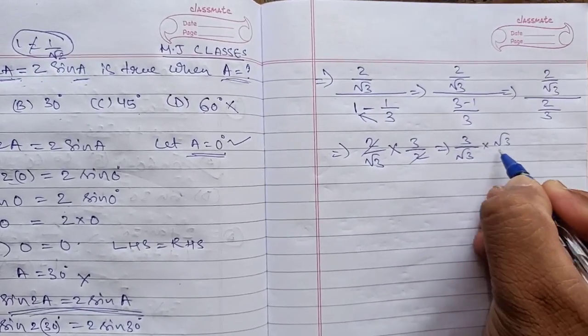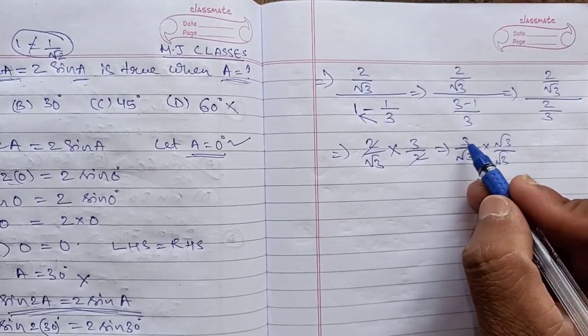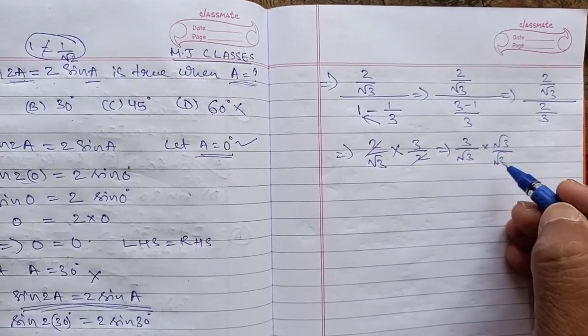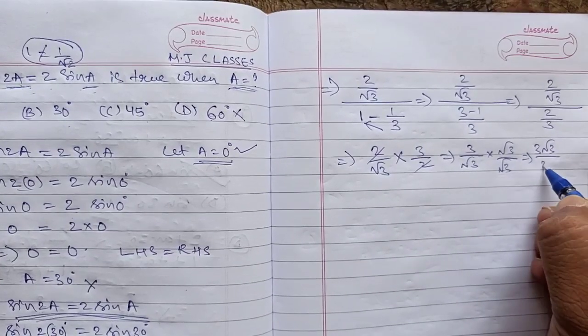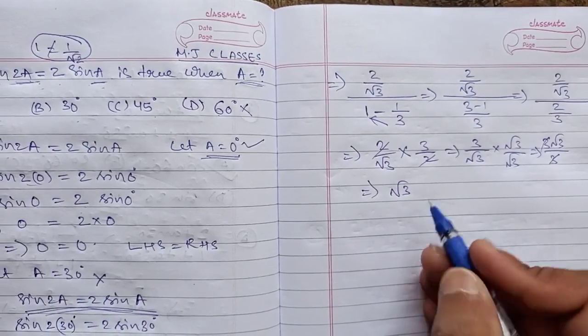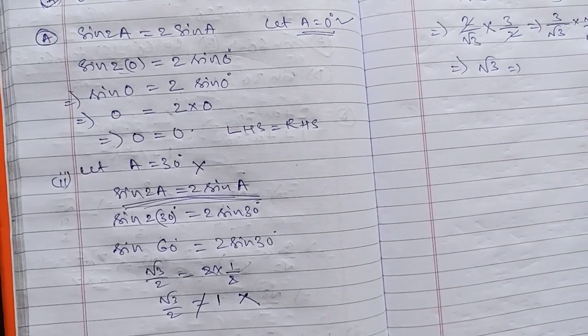Now we can rationalize, as both are 3, so we can rationalize. If the values were different, there would be no need of rationalizing anything, the answer would be that much. Okay, 3 into root 3 is 3 root 3, root 3 times root 3 is 3, 3 cancel out. So what is the value? Root 3. Which option does it satisfy? Four options are given.